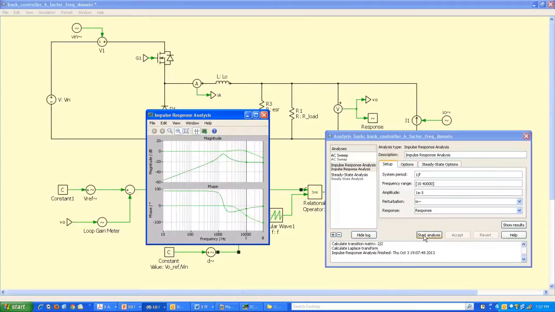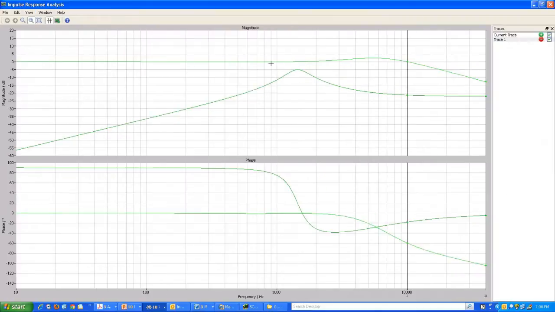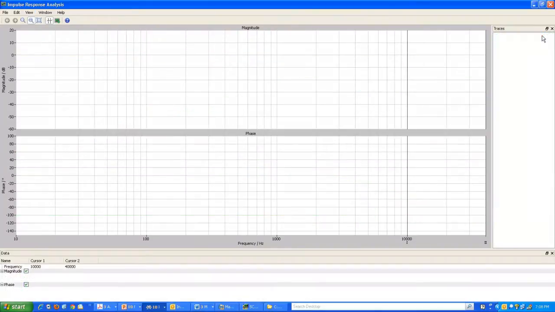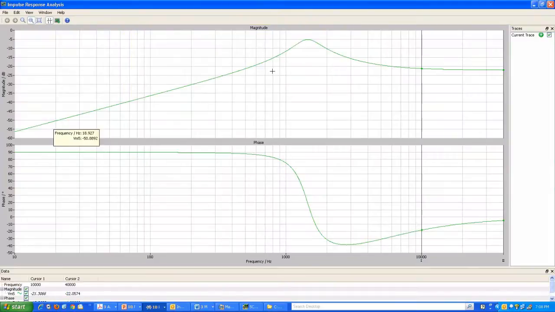So let's start analysis, and what you get, okay, so I should have removed all the earlier plots. So let's go to view traces and remove all of these. Okay. Come back to my start analysis here, and what I have, this is the